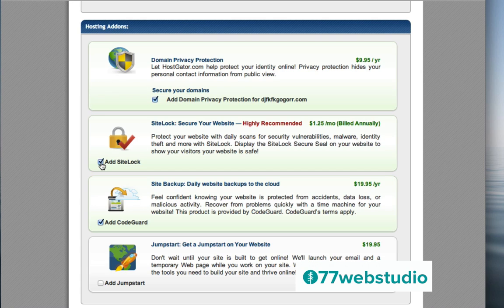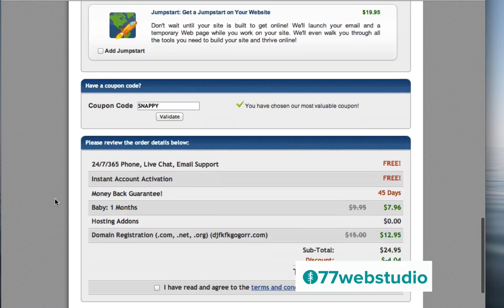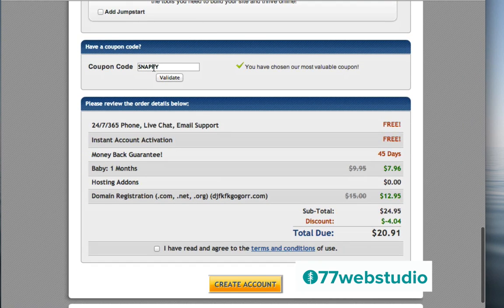Here we have the site lock. I'm going to uncheck this, and I'm also going to uncheck the daily backups because I have other ways to secure my site. But of course, if you'd like to choose these, go ahead and add those on. Also, I'm going to turn this off just for the moment, just to show you what the order costs will be with and without the privacy protection. So scrolling down here, we have the coupon code, and by default you'll get this standard coupon code, but if you use a different coupon code, you can get more off of your order.